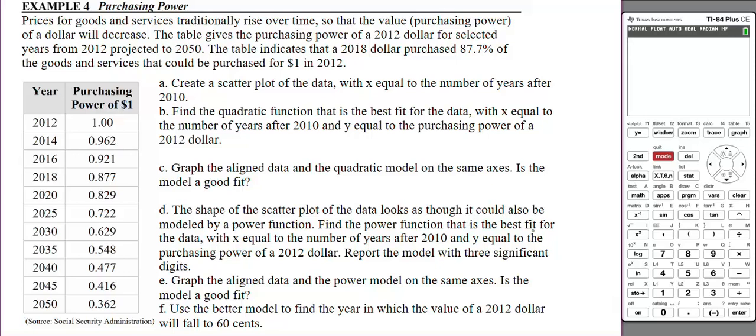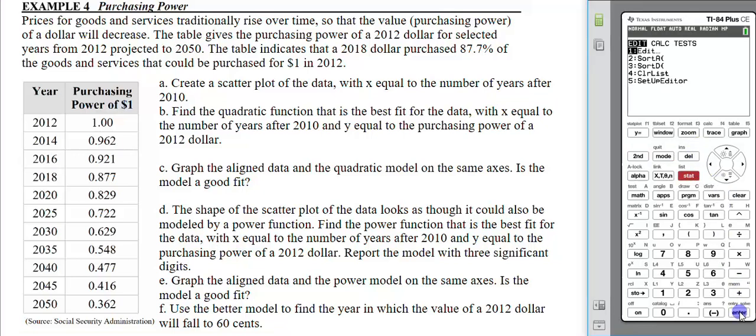The table indicates that a 2018 dollar purchased 87.7% of the goods and services that could be purchased for a dollar in 2012. So we want to create a scatter plot of the data with x equal to the number of years after 2010. So let's go into our stat editor